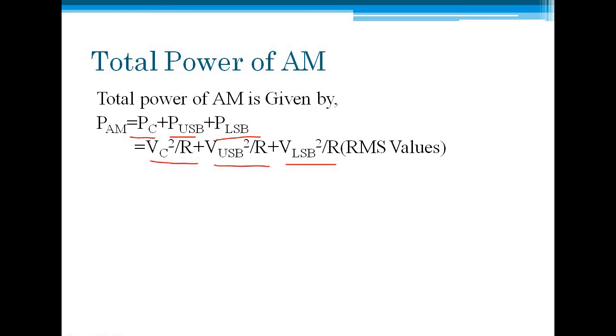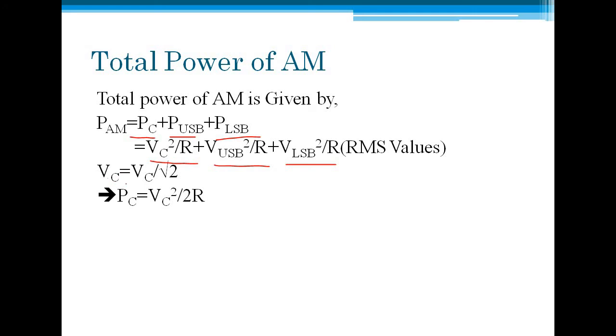So we just have to make them equivalent. We know the conversion: Vc RMS is equal to Vc by root 2. So this is the conversion for RMS values. So my PC is given by Vc square by twice R. We are just doing the conversion. This formula is for voltage which is in RMS, and the voltage which I am having is peak to peak. So I need to convert them.